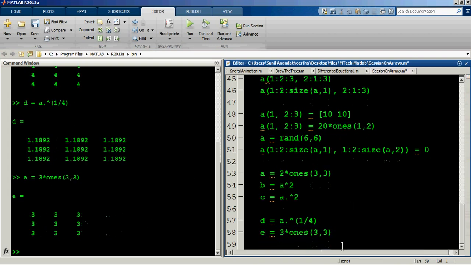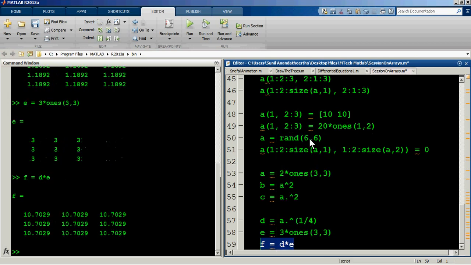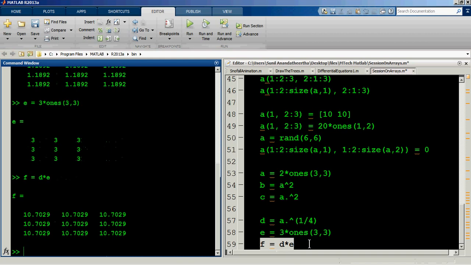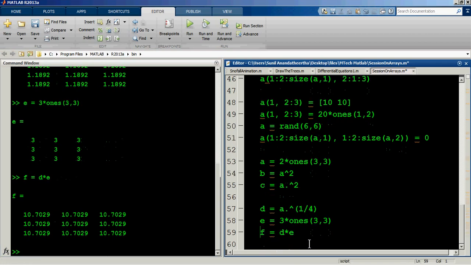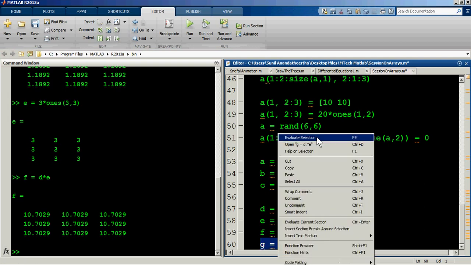And let's say that we want to assign F as the multiplication of D into E. Now when you multiply this, you are not multiplying element-wise, but in fact it's a plain matrix multiplication. However, when we want to multiply element-wise, you need to put a dot operation, which symbolizes that MATLAB wants to use array manipulations or array operations.